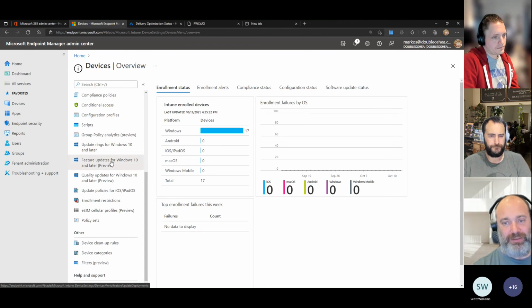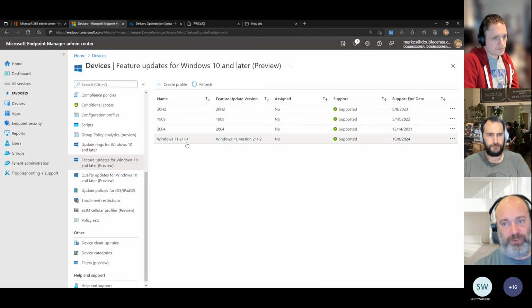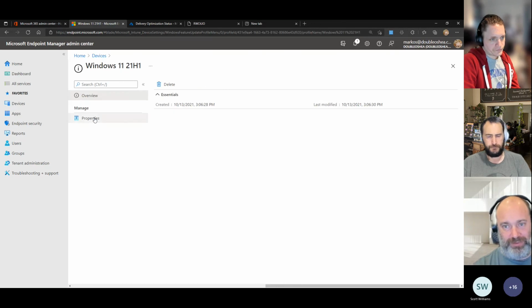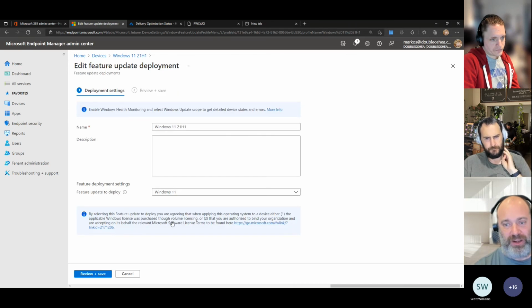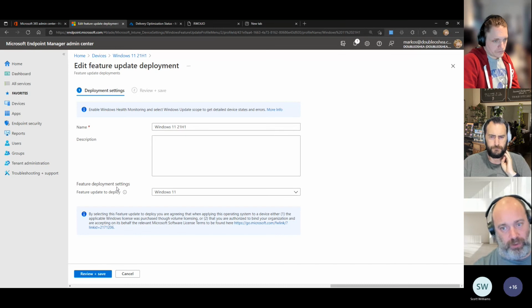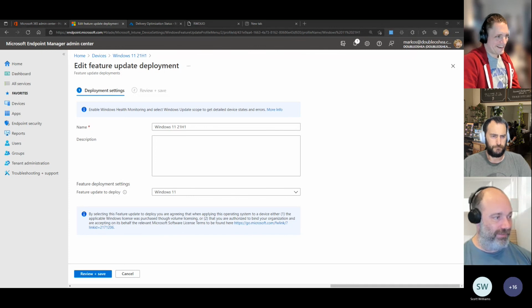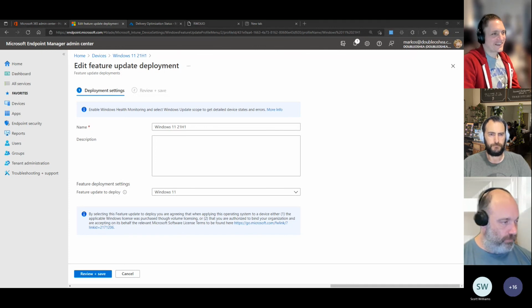So it's really this feature updates piece, and you can see I've already created that profile for Windows 11. This is a UI that, once we go into properties and then edit, you should start seeing some changes come through over the next month or two that you will like. You will like a lot, without trying to give